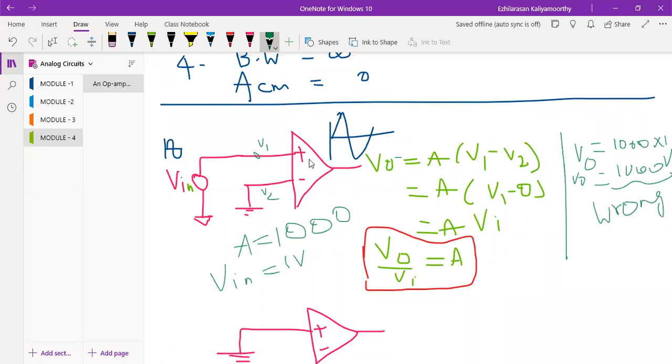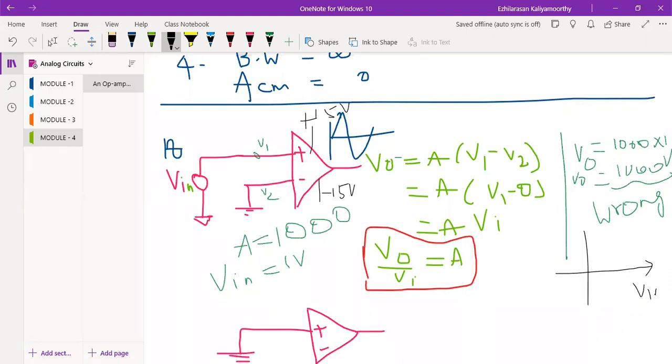The reason is the supply voltage we give. For example, I have not shown the supply voltage, plus VCC and minus VCC, that is 15 volts. This is plus 15 volts, this is minus 15 volts. So your output voltage will be limited by the supply voltage, meaning the output voltage will not go beyond the supply voltage. The maximum will be less than 15 only. Then what will happen after 15 volts? The output will be like this, for example, this is the waveform.